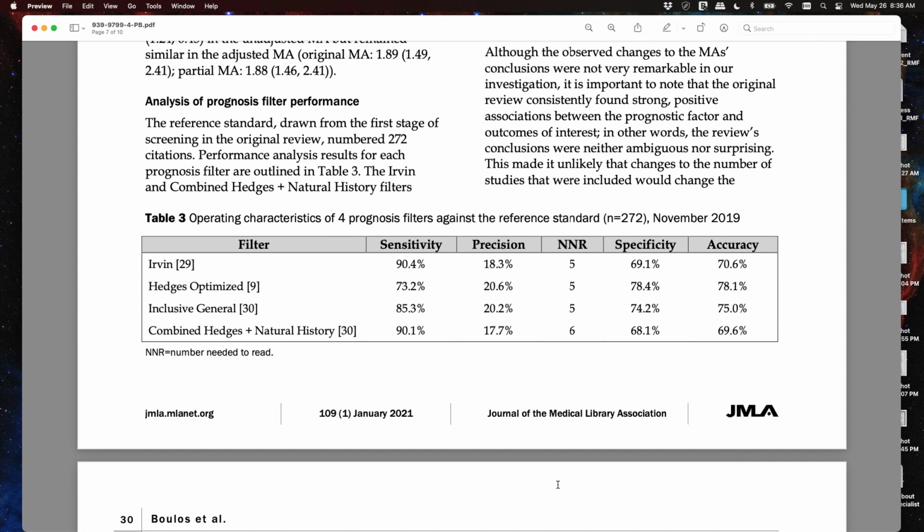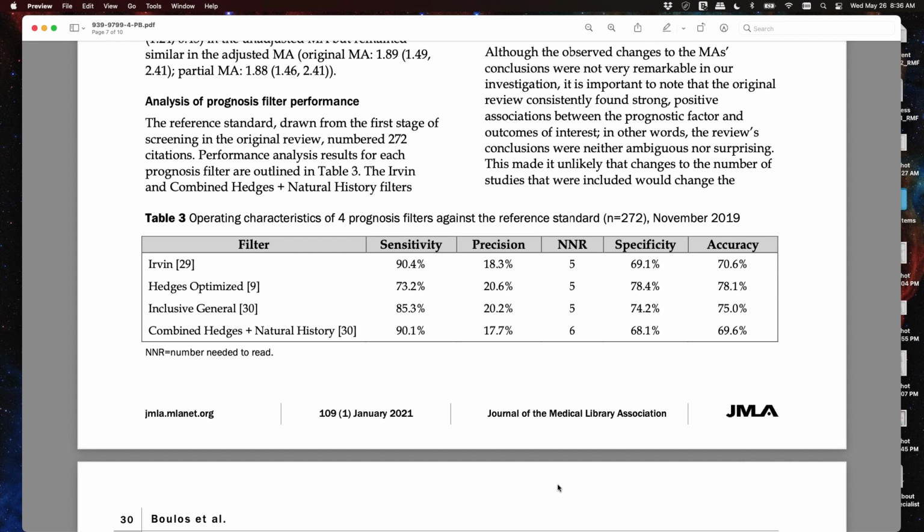So you have a 90.4 sensitivity for Irvine, 90.1 sensitivity for the fourth filter, and the precision is comparable as well. The number needed to read slightly changes, but those two filters are the best,